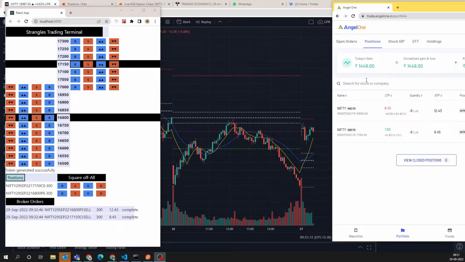I'm using Smart APIs, which are free, which allow me to record or punch these orders. Zerodha and the rest of the discount brokers do have some amount associated with it if you want to buy those APIs. But Angel One has Smart APIs, and they do not charge you anything to use those APIs. I'm basically making use of all those APIs to punch all my orders here, right?